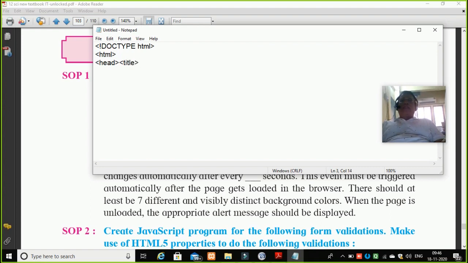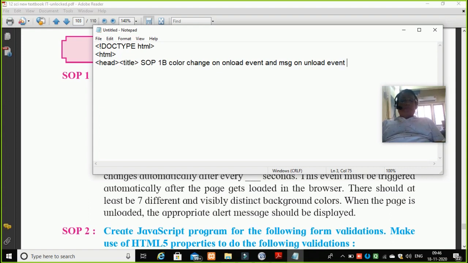In the title tag, I'll write SOP 1B: Color change on onload event and message on unload event.